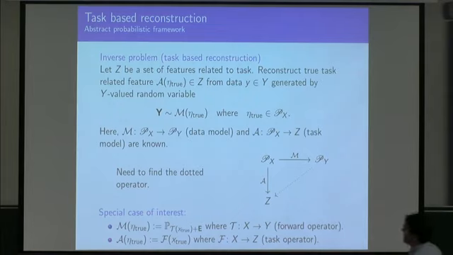And of course, the task-based version of this framework would then be that you introduce the set Z again. Now keep in mind here that Z is a set, right? So it can be itself an ensemble of probability measures. It doesn't have to be elements in a certain feature space. But sometimes we want it to be also elements in a feature space, so I keep it a bit unspecified, just calling it a set. And then I have this, I call it task model, for lack of a better terminology. What does it do? It takes a probability measure on the set of reconstructions and gives you an element in Z.